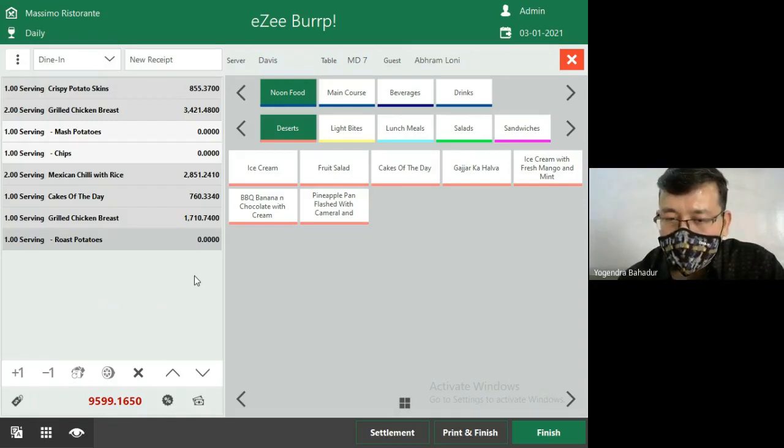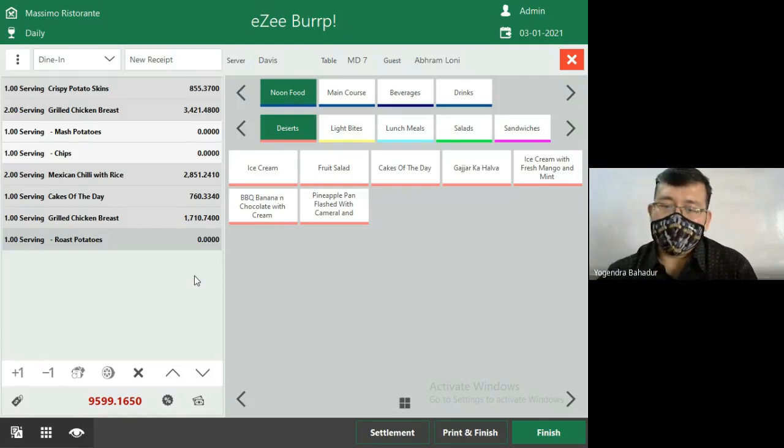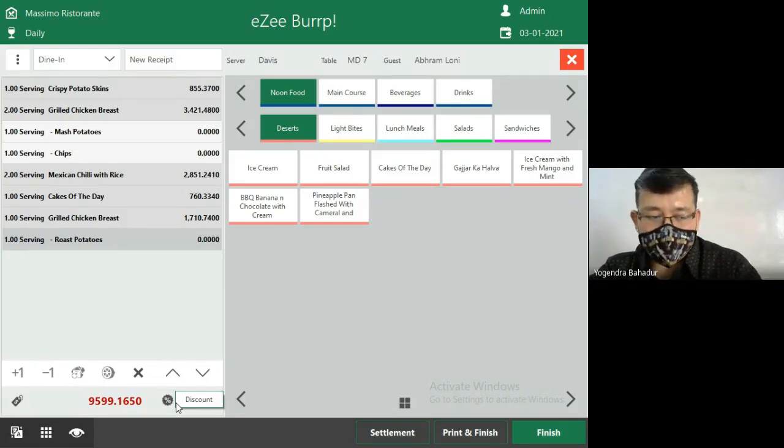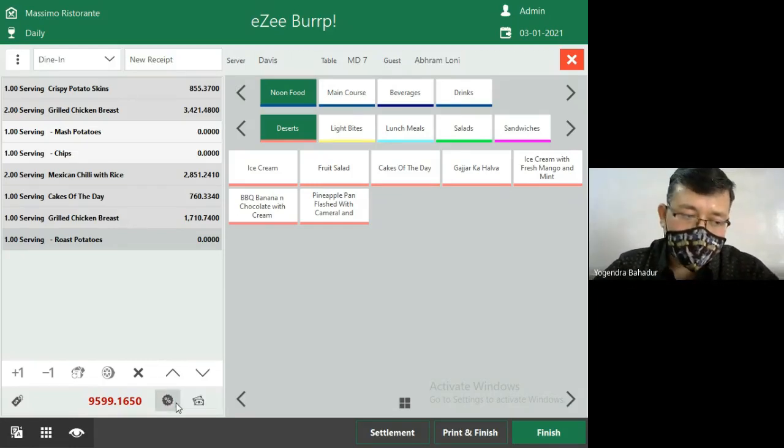Now take one example, like while making the receipt, the guest is a member of your restaurant. The guest is carrying the membership card, and in order to use that membership card, the guest wants to avail the discount. And what that particular membership card says, if the guest is carrying the platinum membership card, then he is entitled to have the 10% discount on the overall bill. So for providing the discount, right now it is the KOT only. Now it has not been converted into the receipt. So before converting into the receipt, we will have to give discount.